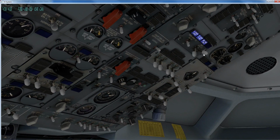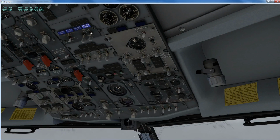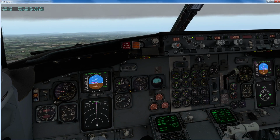I'm having a bit of a brain fart moment there, so I'm also having a bit of a brain fart moment with these switches, look. Oh. I hate it when you try and click across for two switches, but because of the angle you can't actually reach the second one. So it's just levelling us at 4,000 feet, it's come back, and if we look at the modes now, FMC